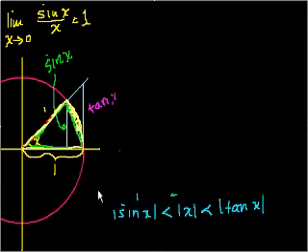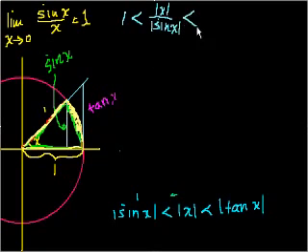Okay. So let's take that expression and divide all of the sides. It has three sides: left, middle, and right. Let's divide them all by the absolute value of sine of x. And since we know that the absolute value of sine of x is a positive number, we know that these less than signs don't change, right? So the absolute value of sine of x divided by the absolute value of sine of x, well, that equals 1, which is less than the absolute value of x divided by the absolute value of sine of x,